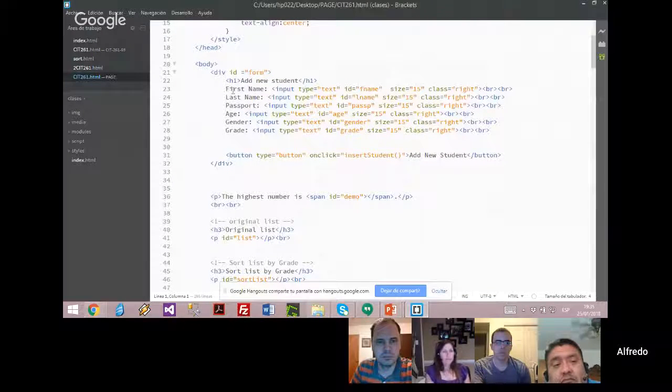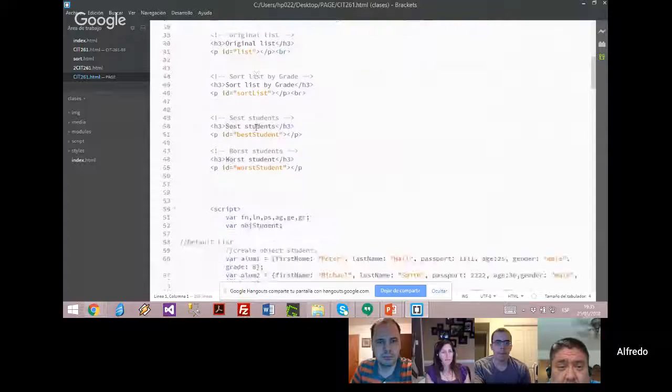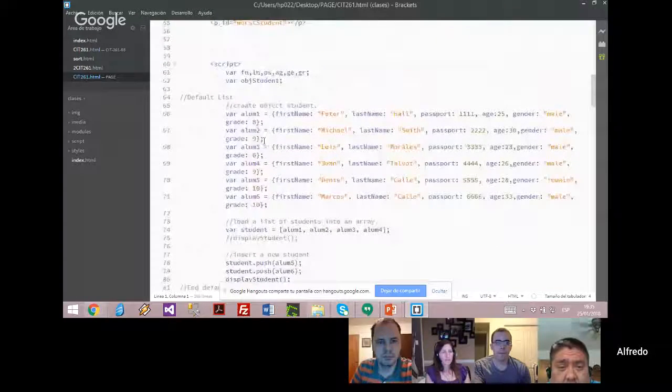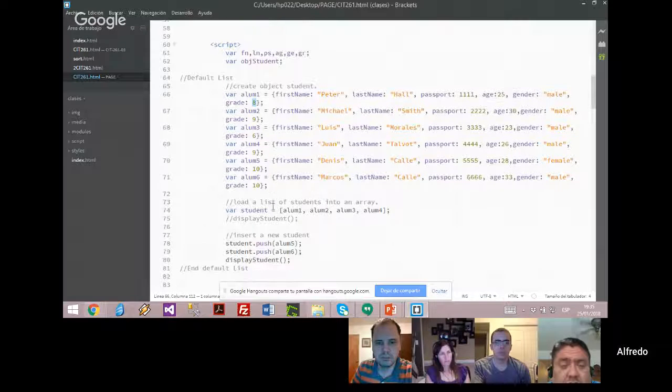And I create an object called alum. This object has several properties like name, last name, passport, age, gender, and grade. So after I create this,